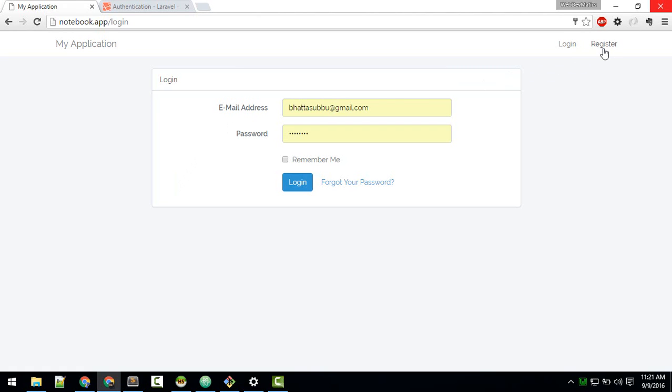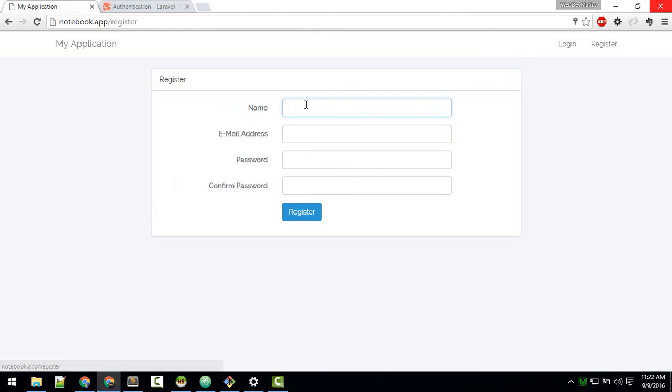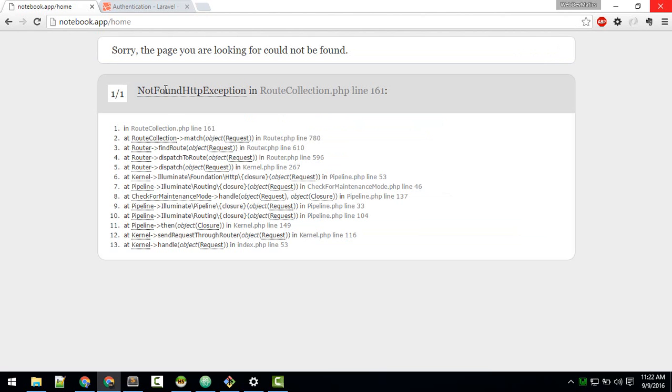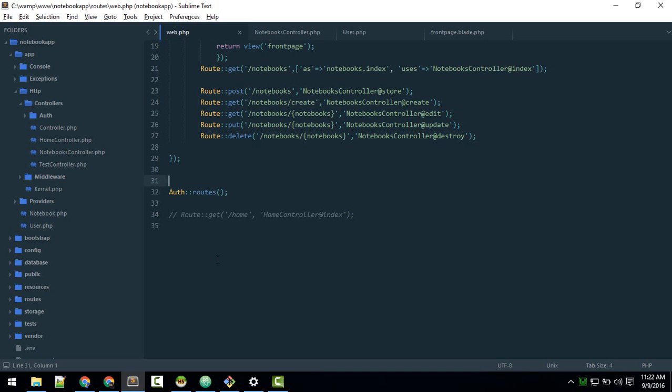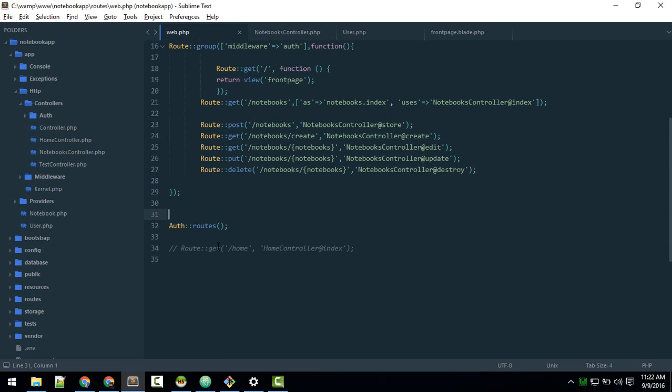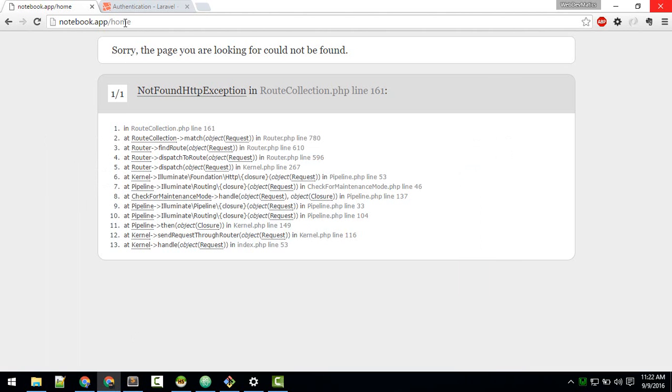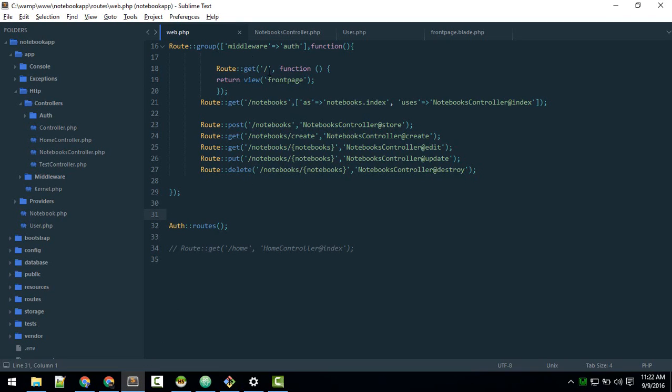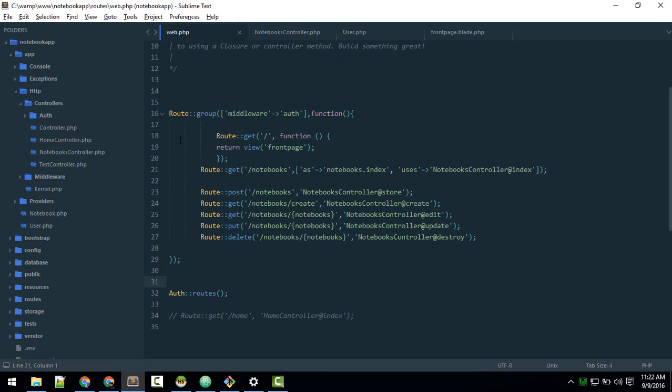So now first let's register a new user. It is redirecting us to home. We just comment that home out. Okay, so let's make this so that it will redirect us to our notebook app. In order to do that, you have to go inside http controllers auth and